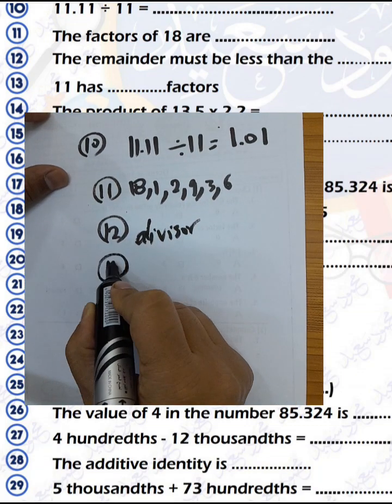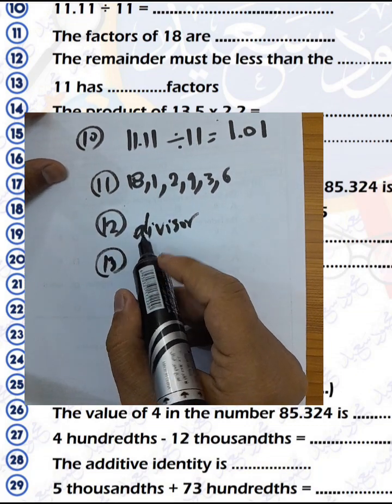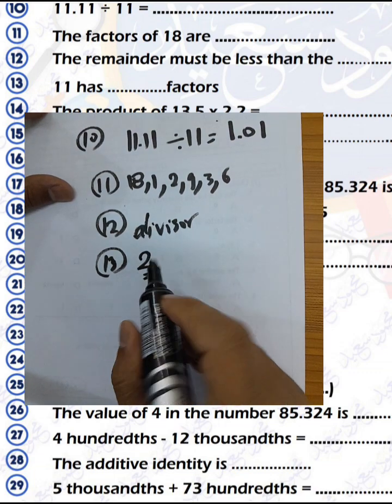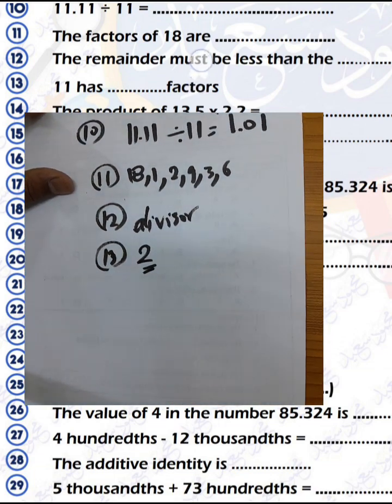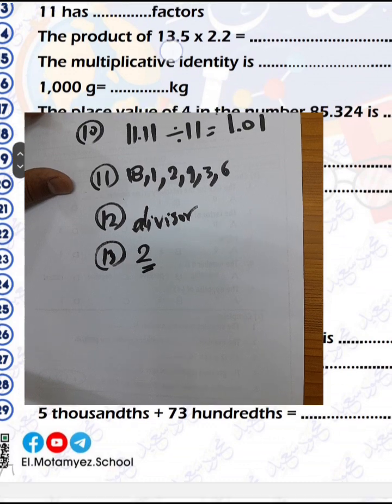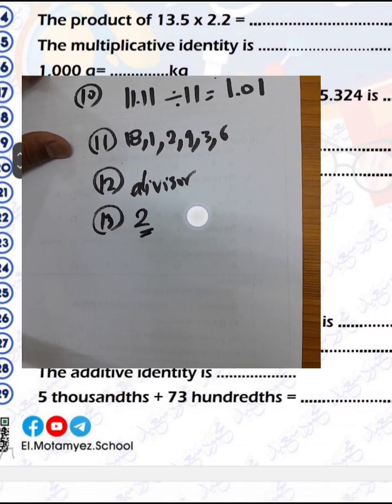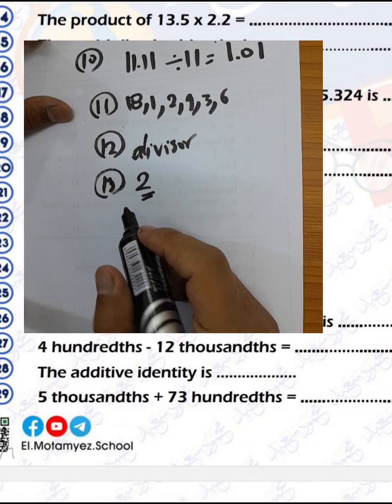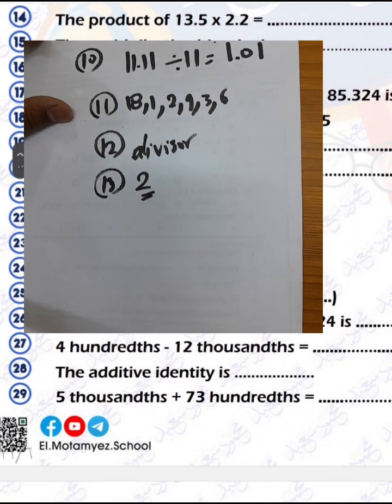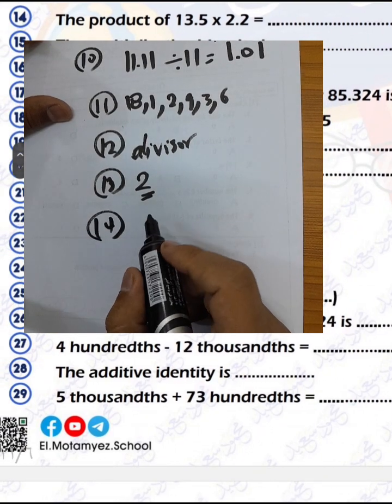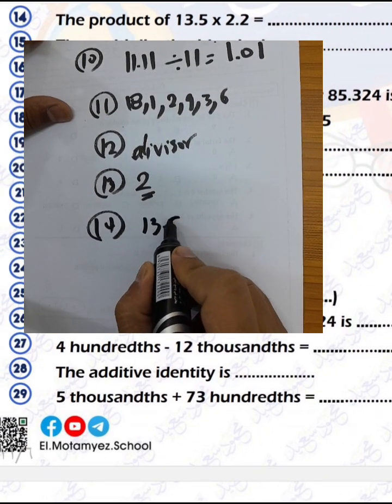Question 13. 11 has 2 factors because 11 is a prime number. Any prime number can be divided by itself and 1 only. You have 2 factors for any prime number. Next question, number 14. The product of 13 and a half